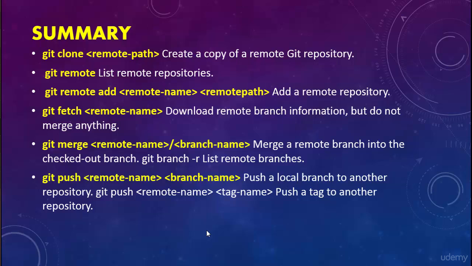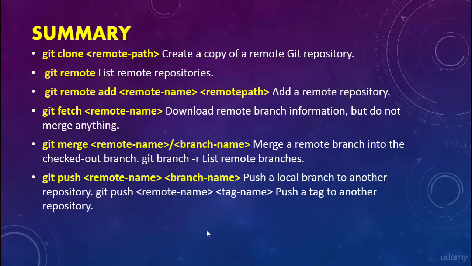Next is git fetch remote name. If you want to download the remote branch information but you do not want to merge anything yet, you just want to get the information of those remote branches, this git fetch command downloads that remote branch